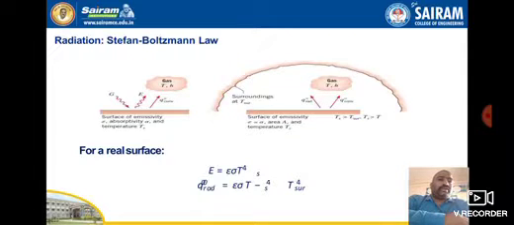So thermal radiation. This is for some real surfaces according to Stefan-Boltzmann's law. The black body has more emission. So here the equations are introduced. If the real surface has less absorptivity, the epsilon value is less than 1. So that is introduced. If we consider a black body, the epsilon value becomes 1. Else, for a real body it is less than 1. That equation is written as epsilon sigma into T to the power of 4 minus T surrounding to the power of 4.